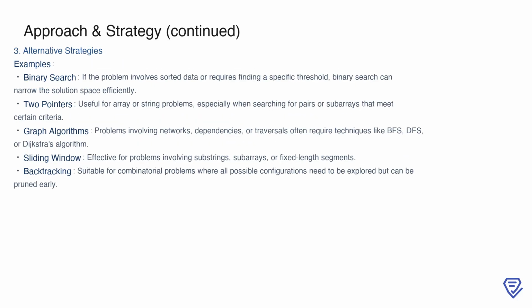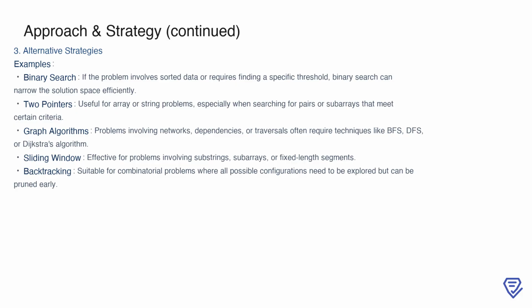In addition to brute force and general optimization, there are alternative strategies tailored to specific types of problems. For example, binary search is highly effective when working with sorted data or when narrowing down a solution space to find a specific threshold. Two pointers are useful for array or string problems, especially when searching for pairs or subsequences that meet certain criteria. Graph algorithms, such as BFS, DFS, or Dijkstra's algorithm, are indispensable for problems involving networks, dependencies,